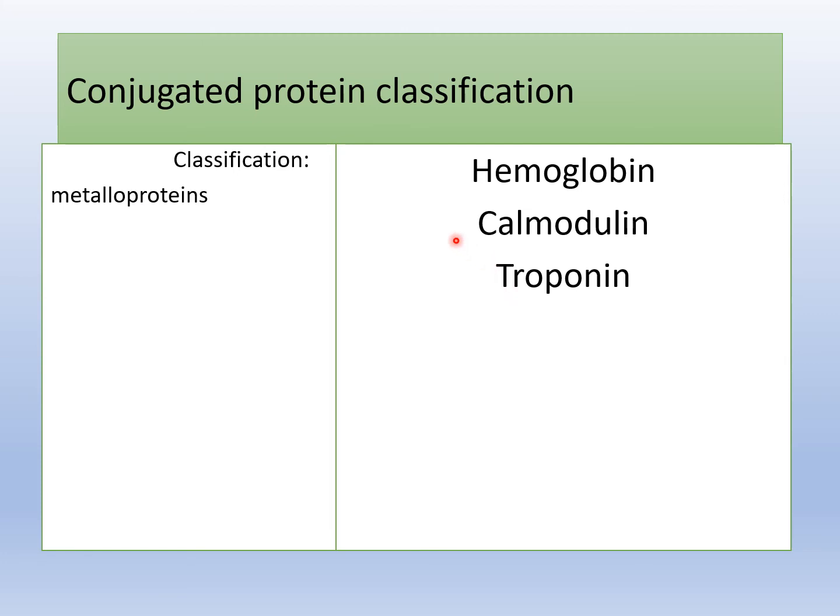Calmodulin is also a metalloprotein that has the job of detecting or sensing the rise and fall in the calcium concentration. A calmodulin is the one that senses or monitors the concentration of calcium. Because we all know that calcium is really needed for normal muscular contraction. So it's the job of the calmodulin to send a signal whenever calcium is lacking